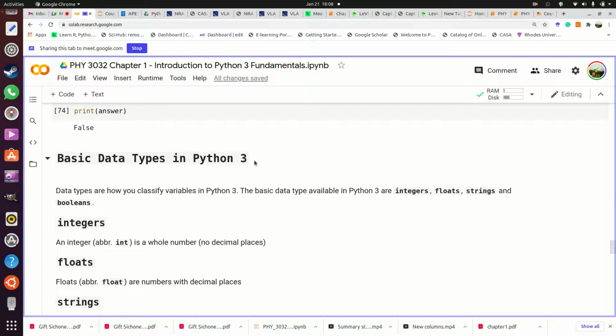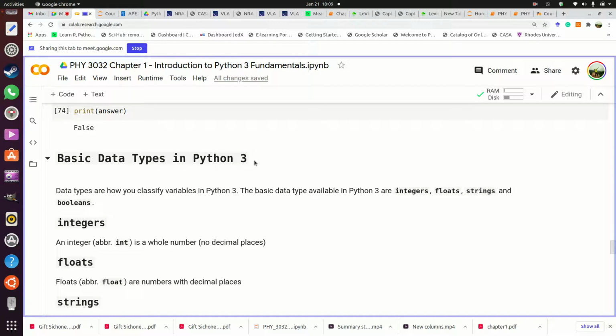Your CA for your labs, your CA in this course is 50%. The exam is 50%. Okay? The exam is 50%. Your CA is 50%. In that 50% CA, there is 10% test 1, 10% test 2. So test 1 and test 2 combined are 20%. The remainder of the course, then you have an assignment. Assignment 5%. So test 1, 10%, test 2, 10%, assignment 5%. That is 25%. The remaining 25% is split